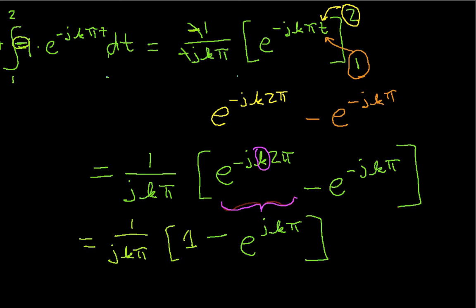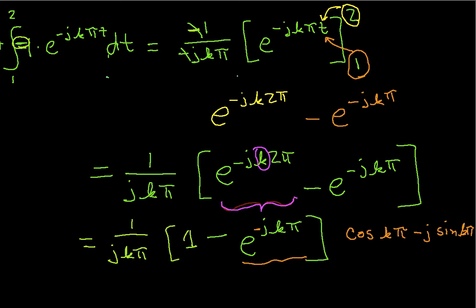If I look at, well, and I missed a minus sign here. If I look at e to the minus jk pi, again I can write this as a cosine k pi minus j sine k pi,